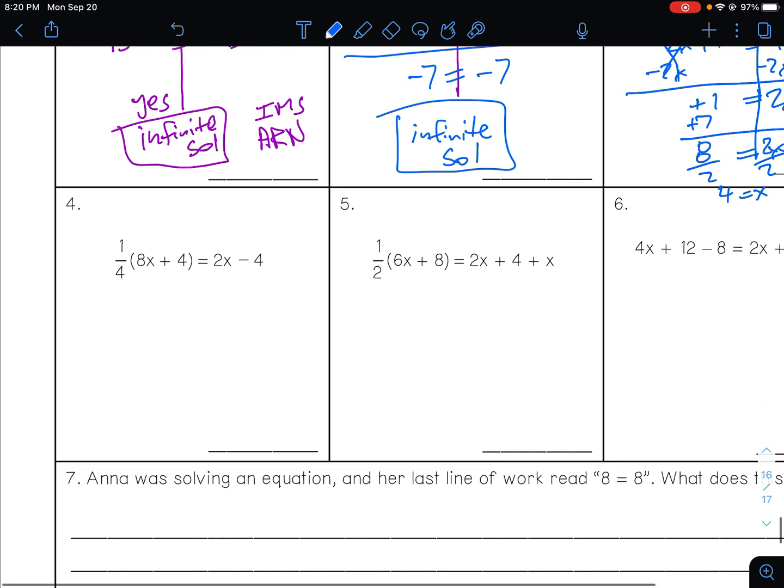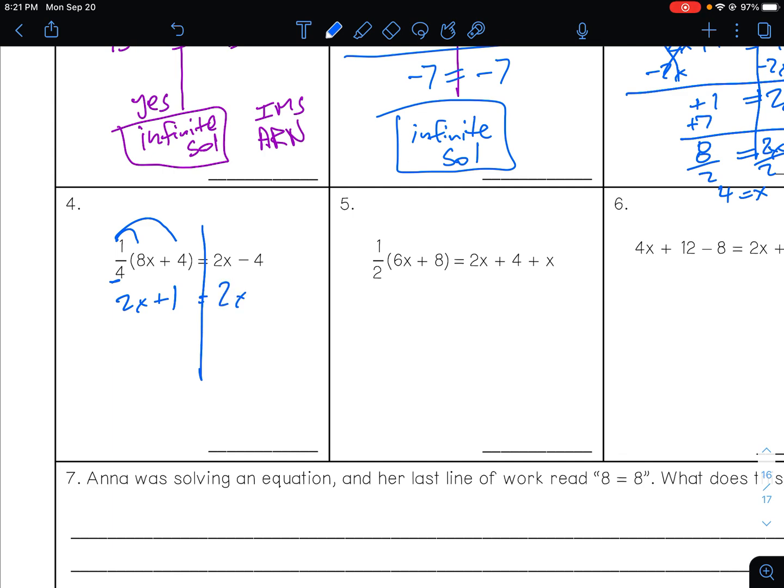Let's look at number 4. 1/4 times 8. What you do is when you have a fraction multiplied by a number, multiply 1 times 8, that's 8, and then divide by the bottom number. So 1 times 8 is 8. 8 divided by 4 is 2, so 2x. Now double rainbow. 1 times 4 is 4. Divide by the bottom number, the 4. So 4 divided by 4 is 1, and it's positive because positive times positive, so 2x plus 1